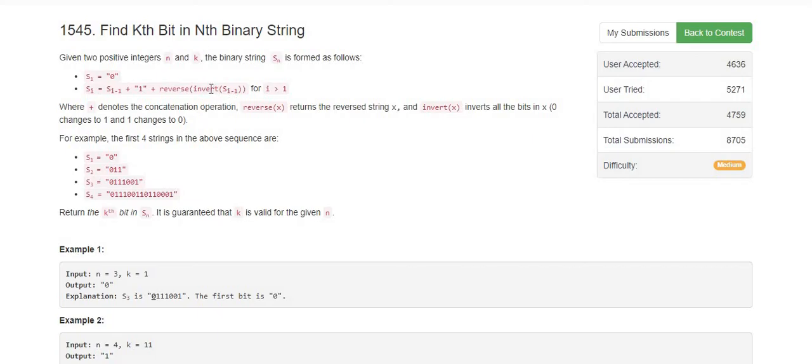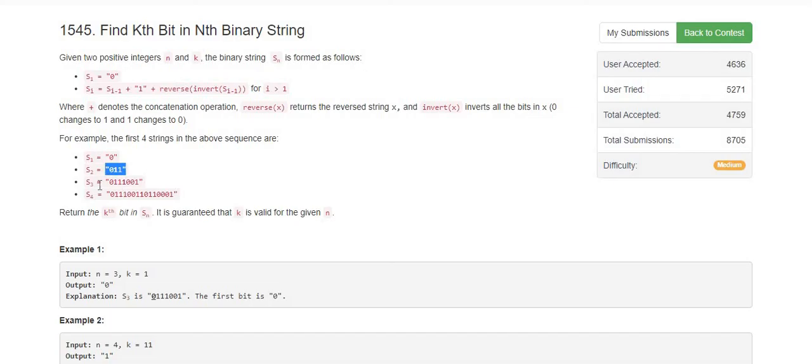Basically what the invert function does is, let's say we have the string 0, then we toggle the bit to 1. To make it more clear, here they have given the example. When s1 is equal to 0, the next string will be 0 as it is, then we append this 1 as per this case, and after that we toggle this bit. We pick up this substring 0, toggle it to a 1, and if we reverse, it is just a single character so it remains the same, that is a 1. So the next string will be 011.